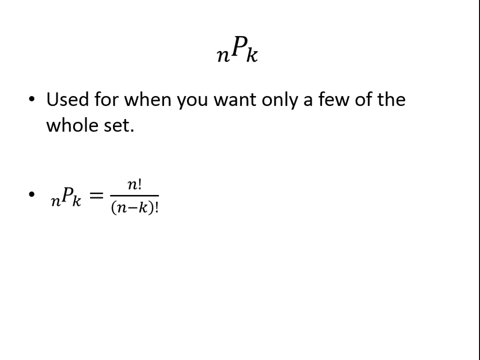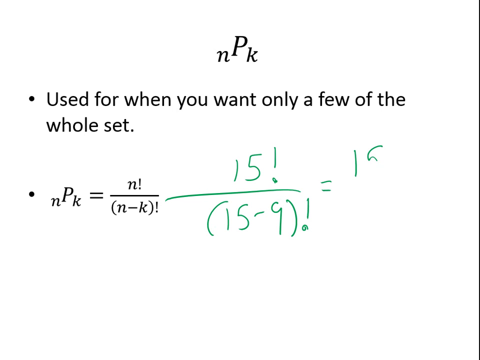So in the previous example with the 15 and 9, what we would end up having is 15 factorial all over 15 minus 9 factorial, okay, which would put us at 15 factorial over 6 factorial. And so what we'd be doing is dividing out 6 factorial from 15 factorial,